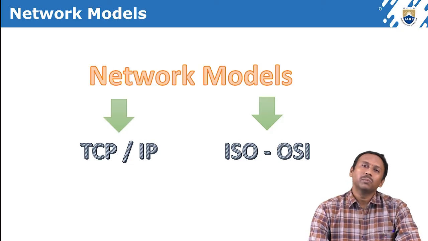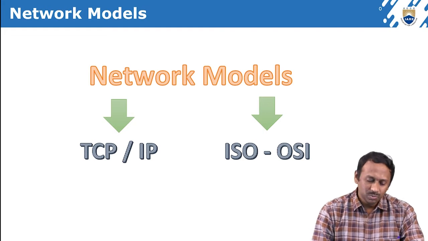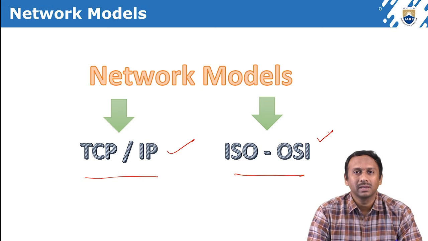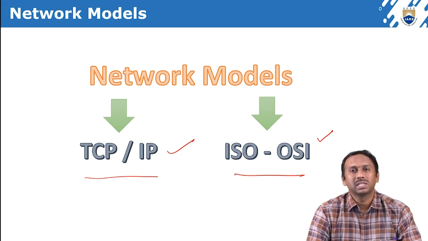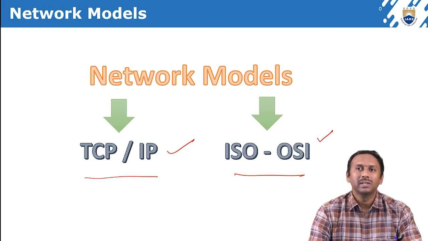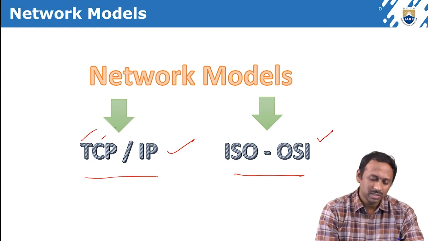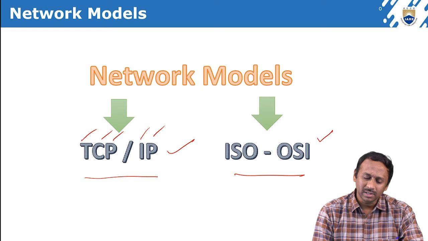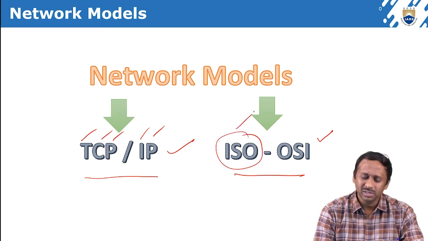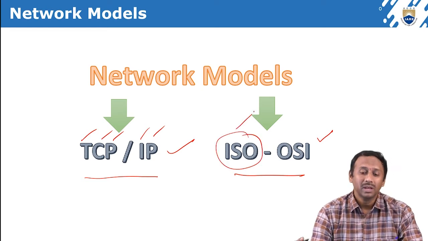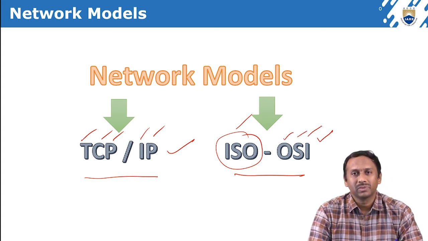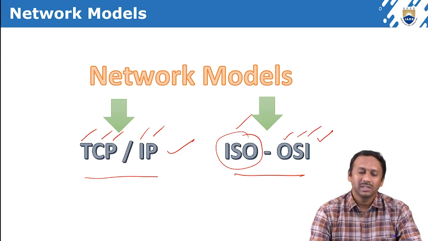Let's start. Network models broadly have two types: one is TCP/IP and the other is ISO/OSI. TCP/IP stands for Transmission Control Protocol, Internet Protocol. ISO, everybody knows, is the International Standard Organization, and OSI is Open System Interconnection. Today we will discuss